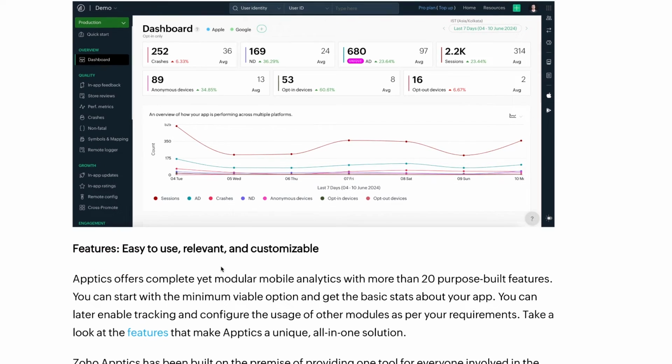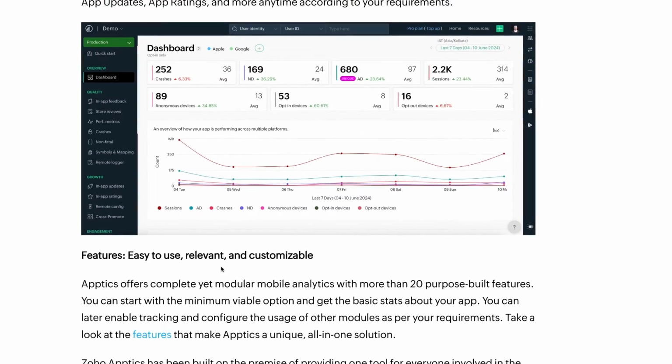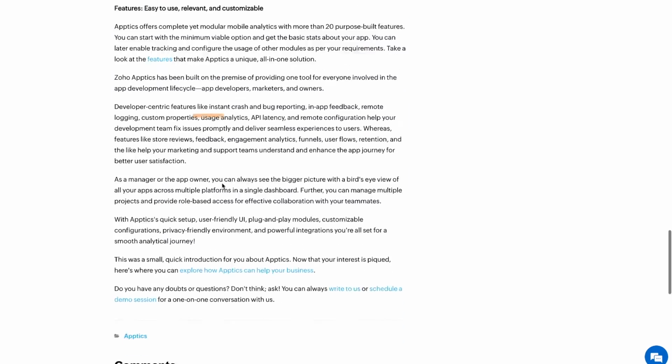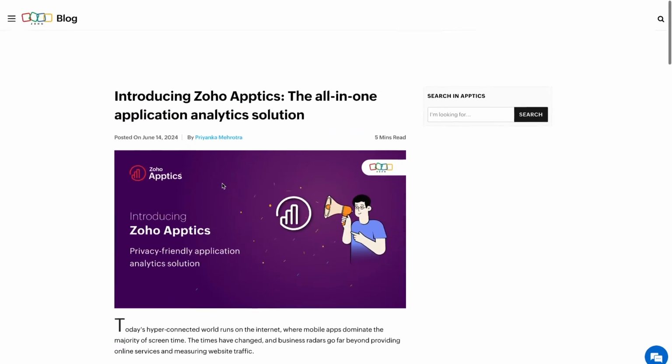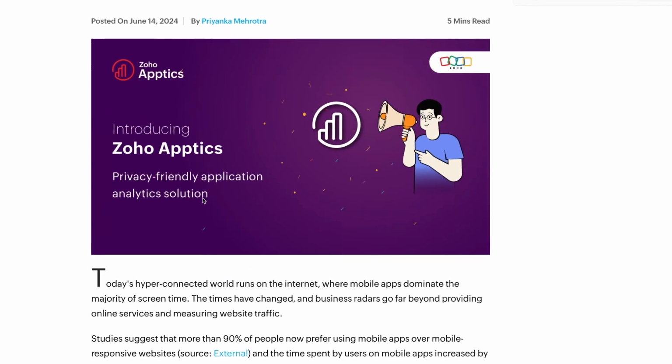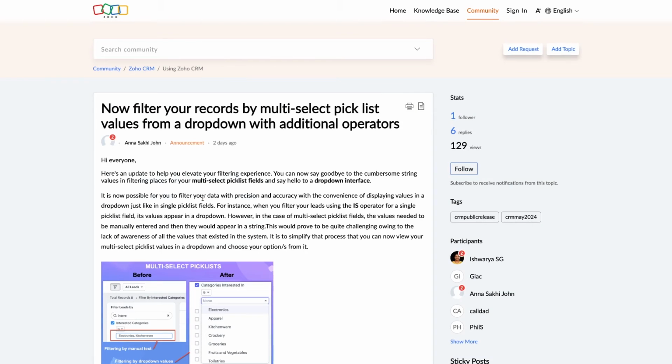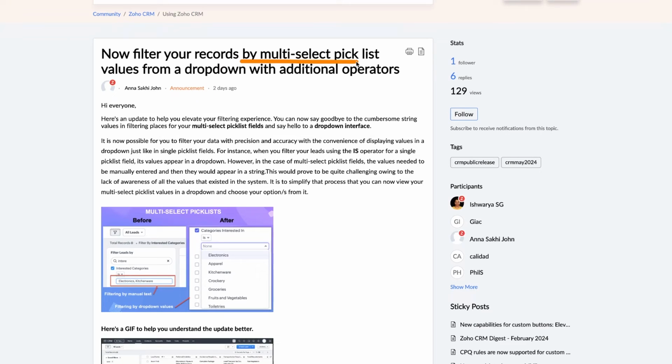There's a lot here to give you an idea of what's happening in the application that you've created, right? And you can see here, Apple, Google. Okay, so that is Zoho Apptics. Be sure to check that out if you have your own application that you've created and you want to start reporting on it. Now, filter your records by multi-select